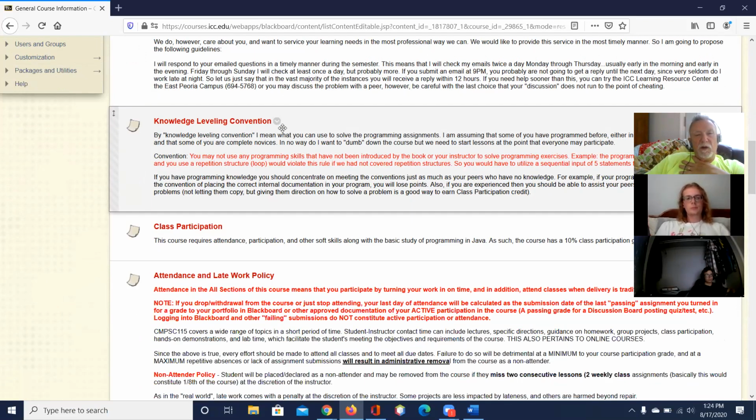Knowledge leveling. This is an important concept. Some of you have programmed before, some of you in Java, so you have a knowledge base coming in. You can't use it until the book introduces it. For example, some of you might know what a loop is, or repetition is the correct name.